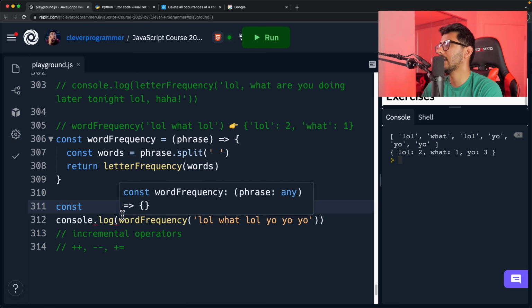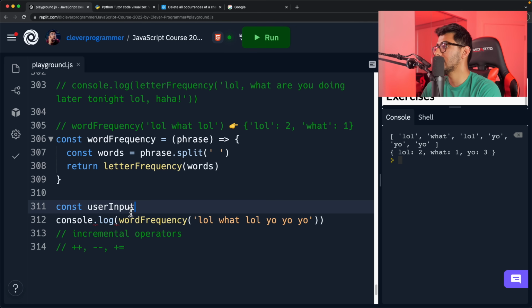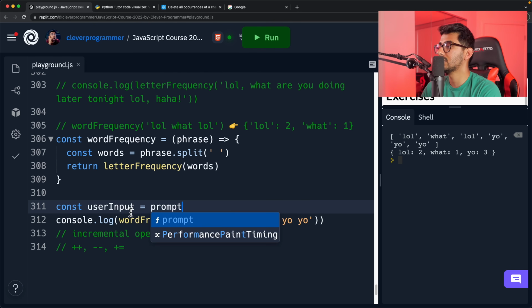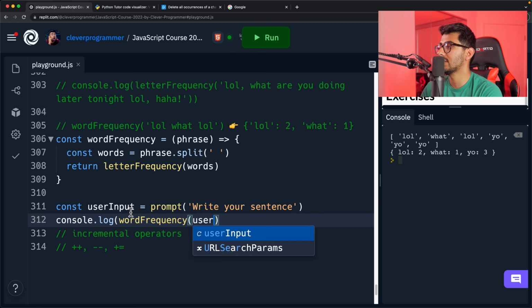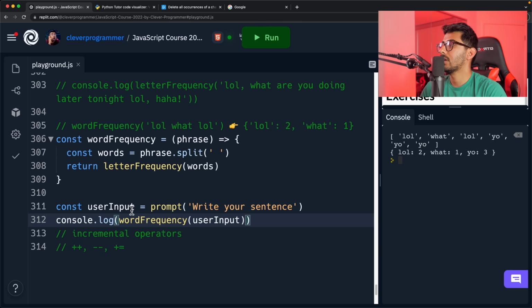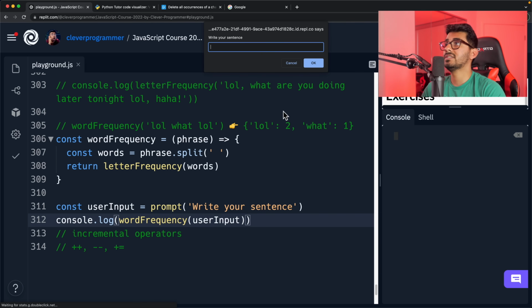So we're going to say const userInput is prompt, "Write your sentence." And we're going to replace this with whatever the user types in. So we're going to say userInput here and call this. And yeah, let's go ahead and run it. Write your sentence. And we're just going to say